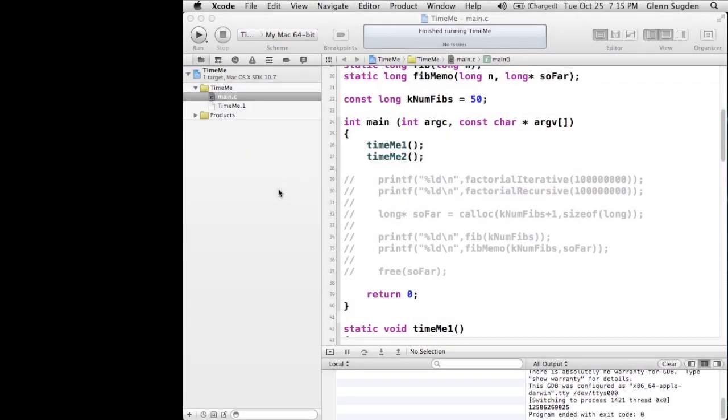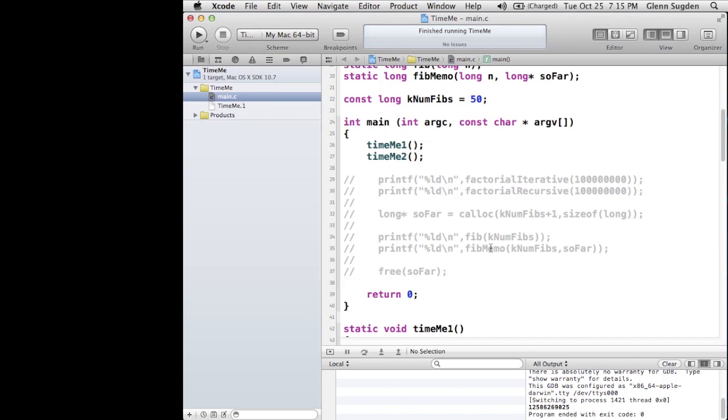A lot of this stuff is going to be Xcode 3 for right now. I'm sorry, Xcode 4 for right now. And then it's pretty similar in functionality to Xcode 3. There are a few differences though. So if you guys work on the lab today and you're using Xcode 3 to do it, you may find that there's a couple extra hoops that you have to jump through, but the idea is still the